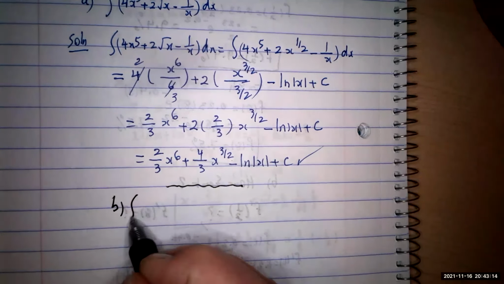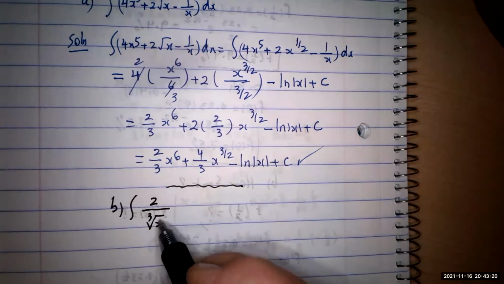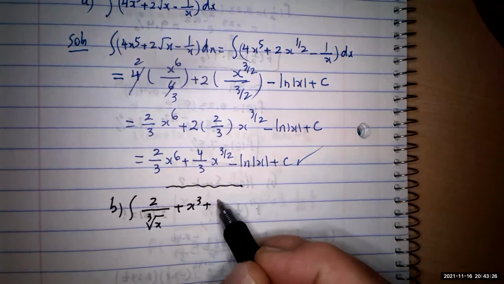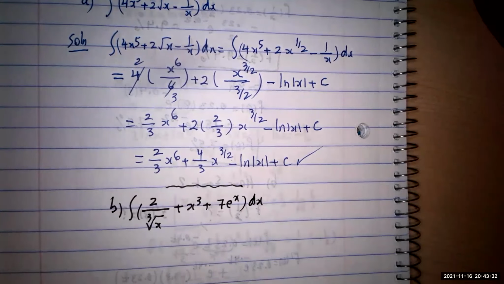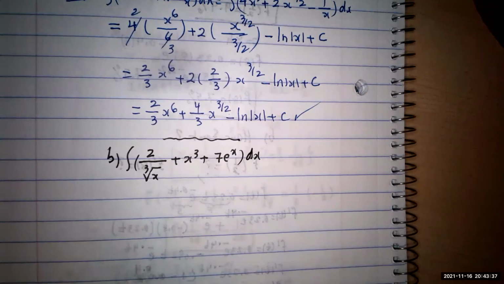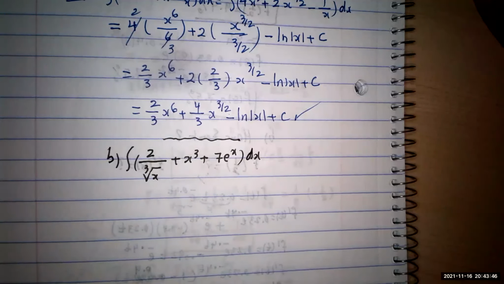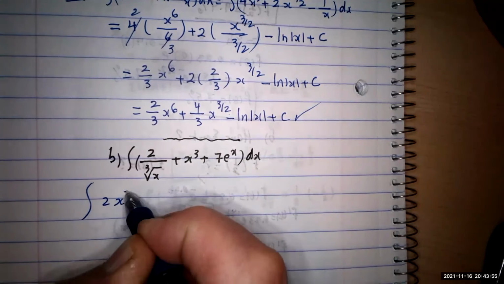So another one, integral of 2 over cube root of x plus x to the 3rd plus 7 e to the x dx. Again, you want to integrate, you have to change this one. It's a cube root of x, we change it to x to the 1/3. It would be in the denominator, so we move it up, x to the negative 1/3. So rewriting is going to be 2x to the negative 1/3